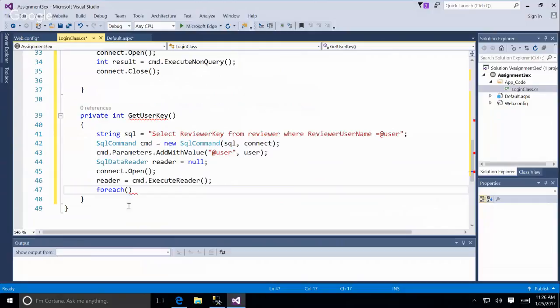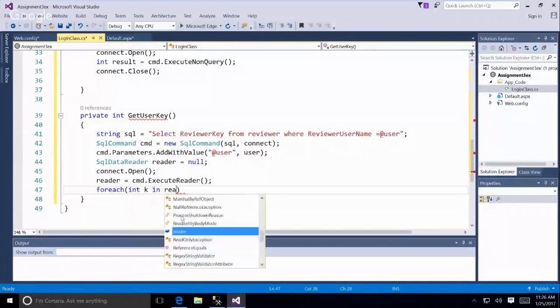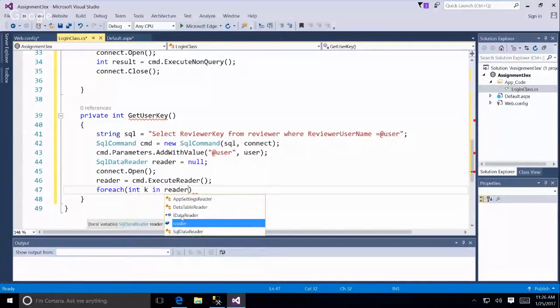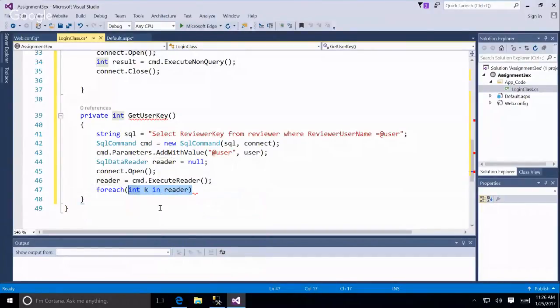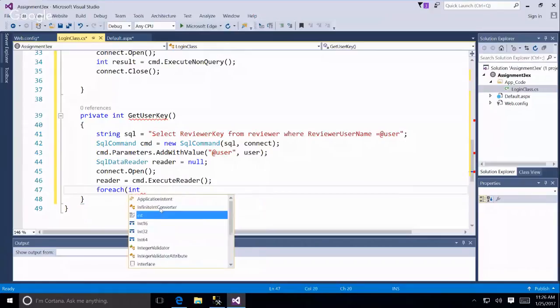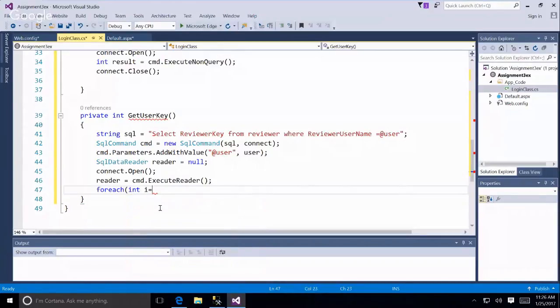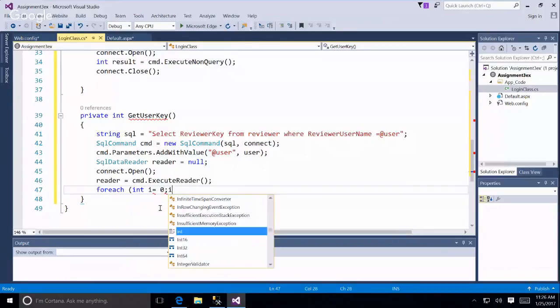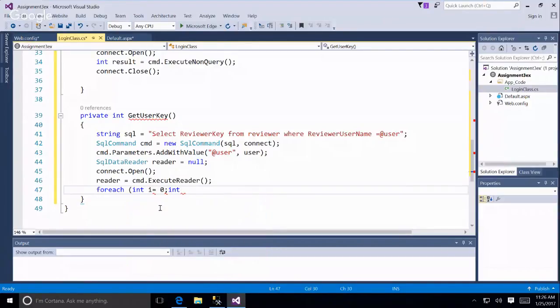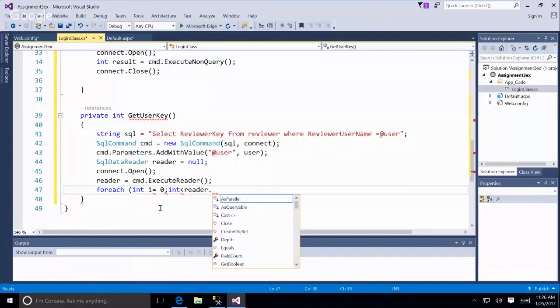I want to do, trying to remember. I think it's actually, let's do for int i equals 0, i is less than reader dot